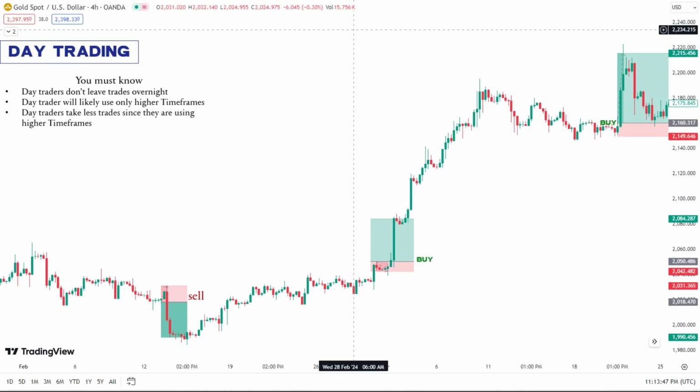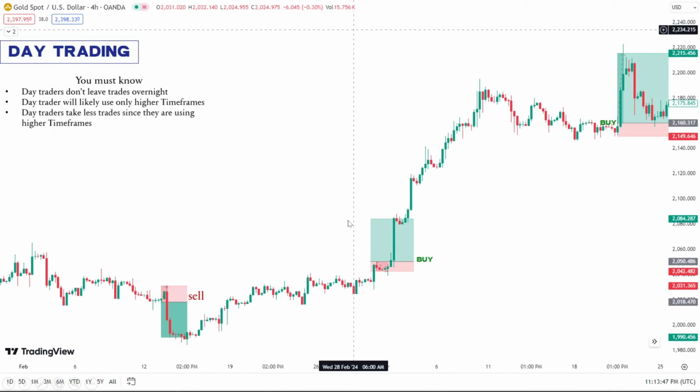Now, you need to understand that all of these sells and these buys, this is a 4 hour time frame, right? But let's just assume all these sells and these buys are just in a single day, right? It's just in a single day. You don't leave the positions throughout the night. You buy today, probably around 12 a.m. in the morning. By 4 p.m. or by 8 p.m. you sell or you close the trade. By 8 p.m. you sell within some few seconds or some few minutes, you close the trade. So it's supposed to be within the day, right?